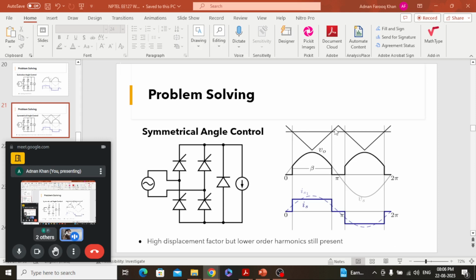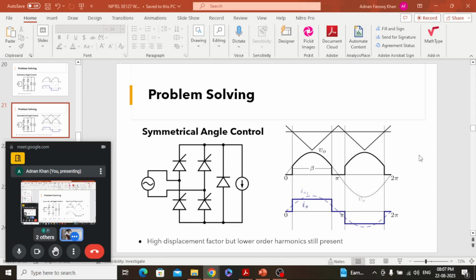Since this triangular wave is symmetric, this angle will be symmetric here and here. We'll be able to have the turn on angle and turn off angle the same, and because of that one would compensate for the other, and we'll be having an improved power factor. This was the other thing,